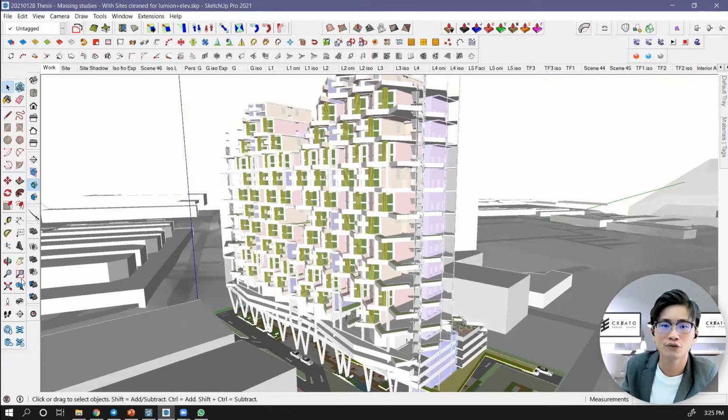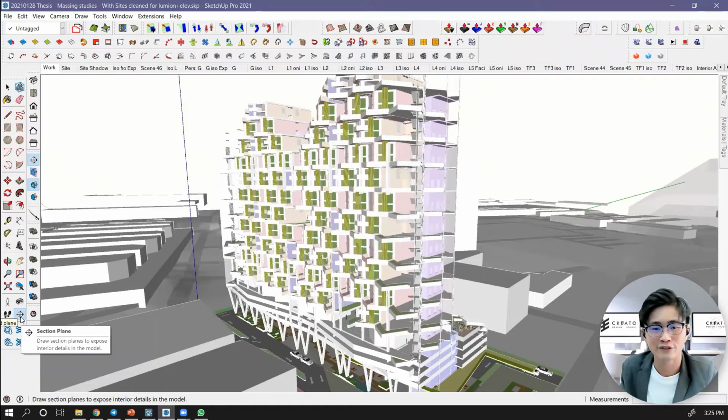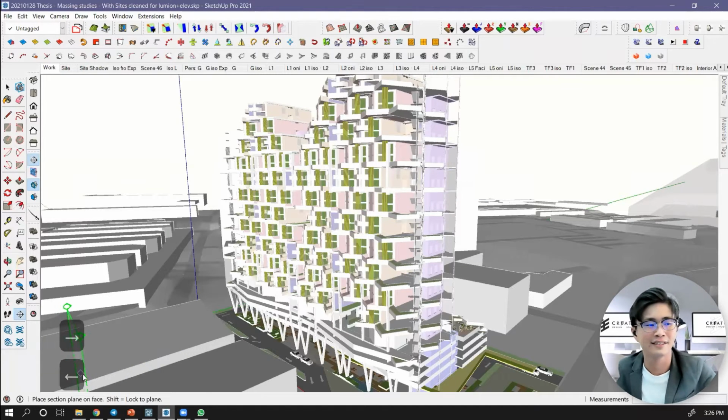Okay, so to get the plan, I can just show some highlights to you. Not very detailed, or else it will take 1 hour to solve this. So firstly I go to get a section plane, and then I can use my up and down arrow cursor to get the axis I want.